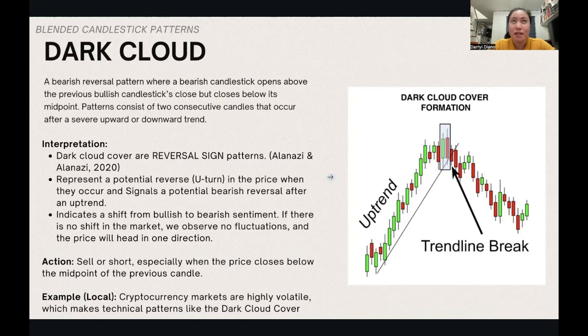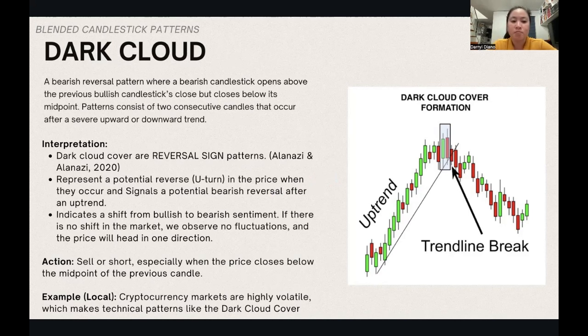Honestly, I couldn't really find an example for this pattern, but I believe cryptocurrency markets are highly volatile, which makes technical patterns like the dark cloud cover useful. Traders use it to predict potential price corrections or reversals in popular coins such as Bitcoin or Ethereum. The pattern's formation, often followed by a drop in price, reflects changes in market sentiment from optimism to caution or